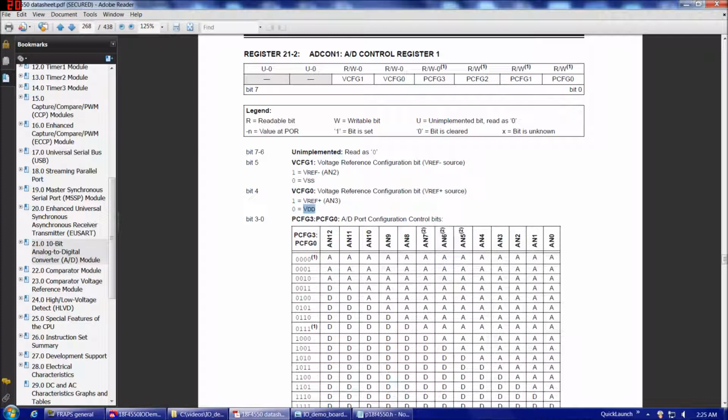So we're going to type ADCON1bits.VCFG1 is assigned 0. And then we're going to type ADCON1bits.VCFG0 is also going to be assigned 0. So that's going to use power and ground as our limits for our high and low end voltage for analog input. And again, just through luck in this particular case, the default of those 2 values